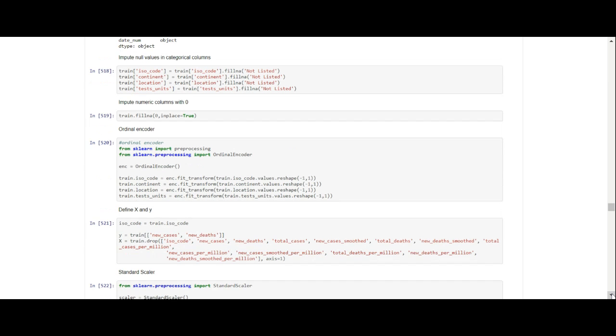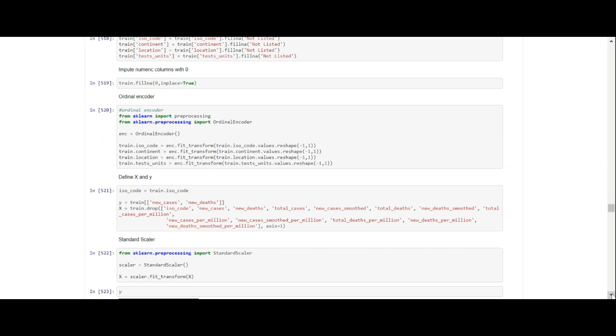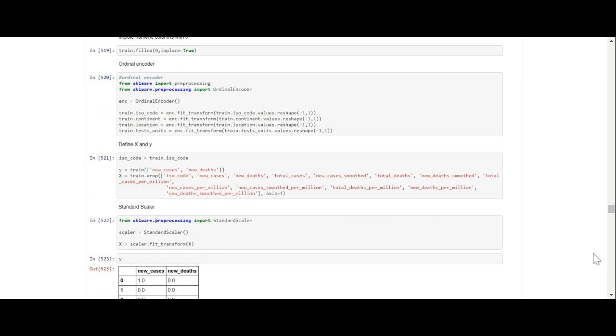All of the columns that were not numeric, we filled in with 'not listed'. And now we impute the numeric columns with 0. Since all of the non-numeric columns have already been imputed, all you have to do is say train.fillna(0, inplace=True).